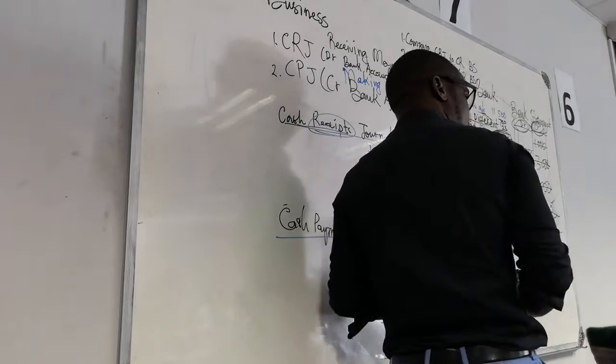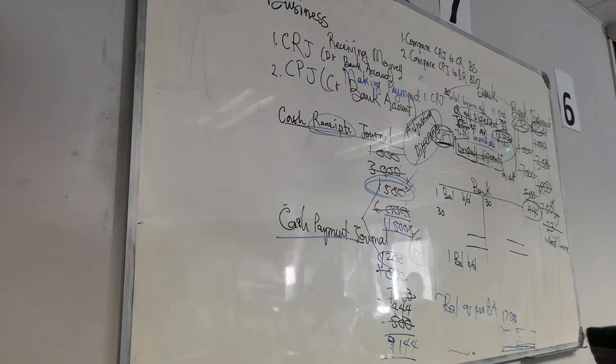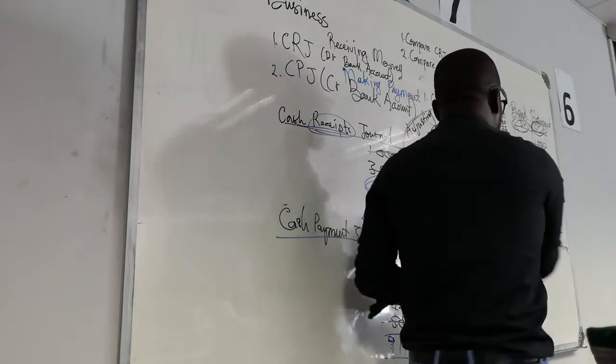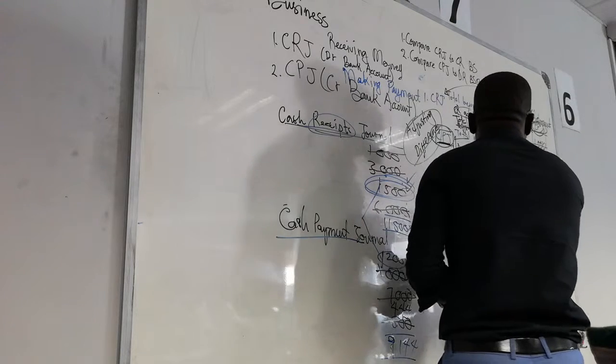Now, I keep saying that the bank account is all free marks, or not free marks, you still have to do something for them. Let's call them principal marks, given marks. These marks are given. Why? Number one, we are always going to tell you that at the beginning of the month, the bank account had a positive or a negative bank balance of 700.